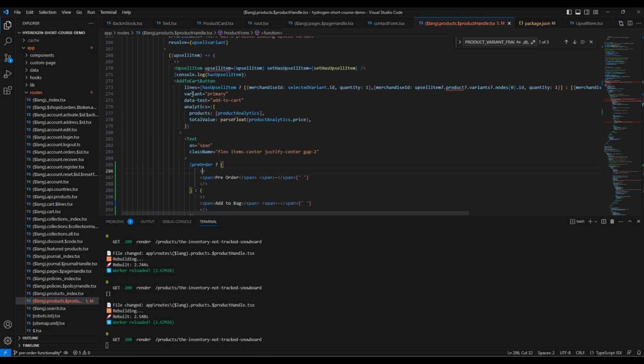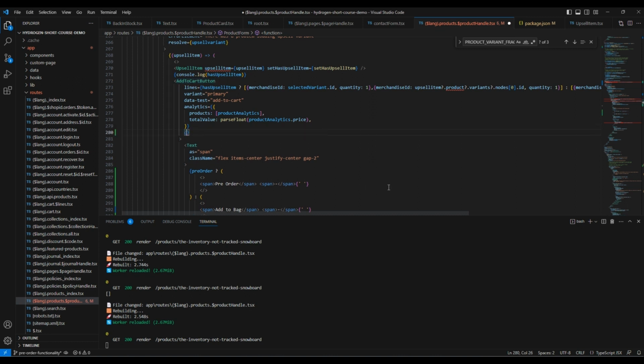Then here, this is the add to cart, and if this is changed to pre-order, then we're going to replace the background color. So I think by default the add to cart is black. Okay, so what we're going to do here, we're going to add a condition like pre-order. It's the same as what we did earlier. Pre-order, if this is only returning one statement, we're going to use